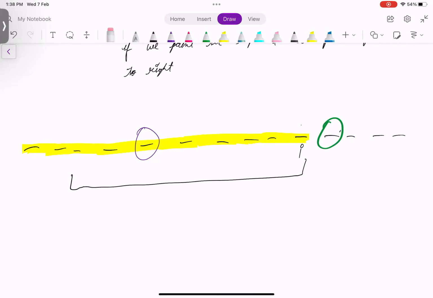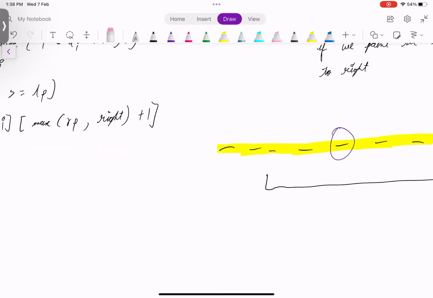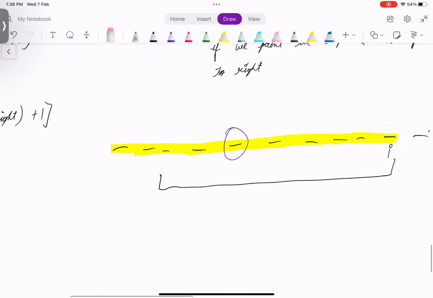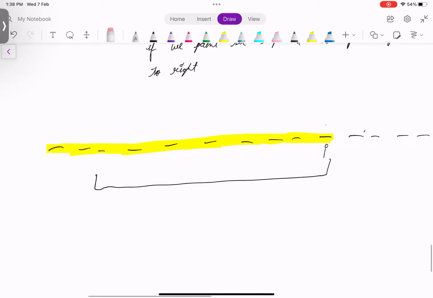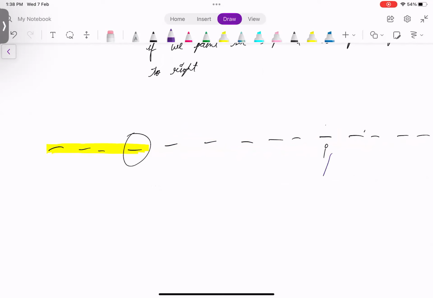Okay? So to handle this scenario, we are doing max of RP, that is right point of the range, comma, right. Right will give us the rightmost painted cell, that is from right to left. What is the first painted cell? Plus one, right? And one more scenario is we use this one to the left, and now we are using this one to the left, and we are merging it, right? So when we merge it,